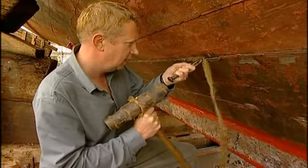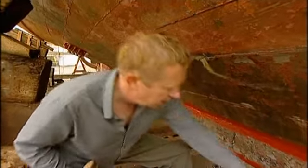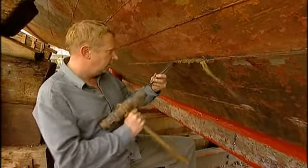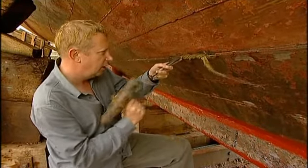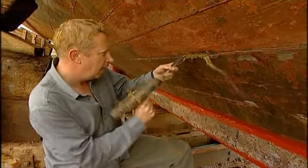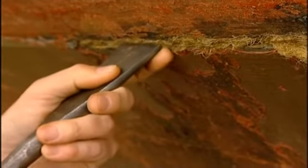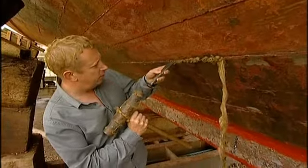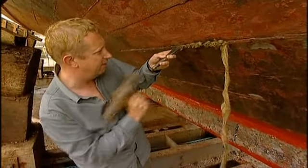rather inexpertly, like that. Then it goes in deeper, and pitch goes on top, making the whole thing impervious to water. The problem with building ships from wood is that it's very, very labour intensive,